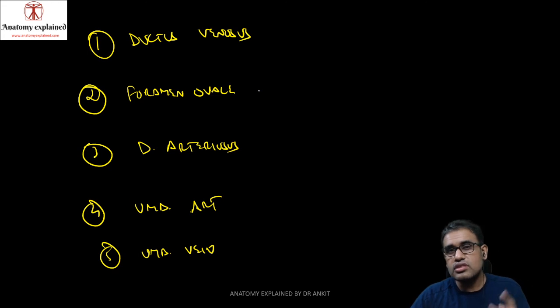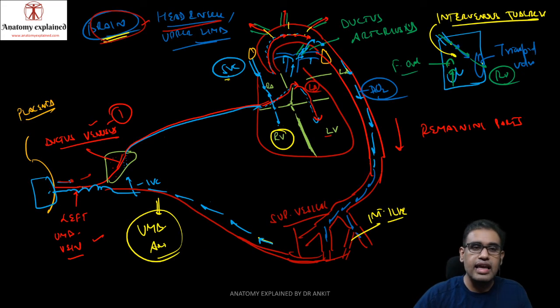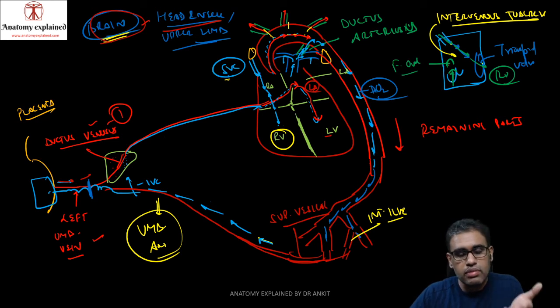Now what happens when the child is born? When the child is born, you clamp and cut the umbilical cord. All these structures start to regress. The lungs start to function. The pulmonary vascular resistance, which was quite high, now decreases, so the deoxygenated blood, instead of entering from the pulmonary trunk to the ductus arteriosus, now enters the lungs, and from the lungs the oxygenated blood enters the LA.